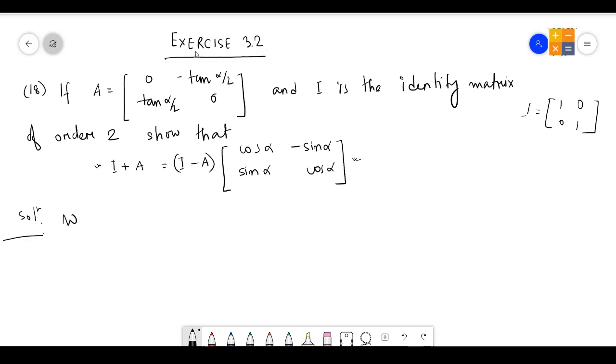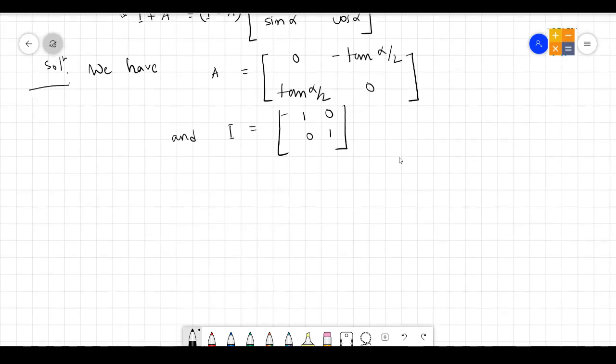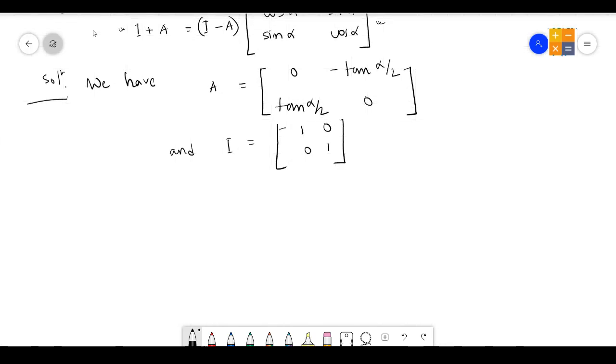So let us first write down what are the things given. We have A is equal to 0, minus tan alpha by 2, then tan alpha by 2, then 0. After that we have I is equal to 1 0 0 1. So these are the values we have in our hand. And then we have to find out what is LHS. LHS is I plus A. So starting with the LHS